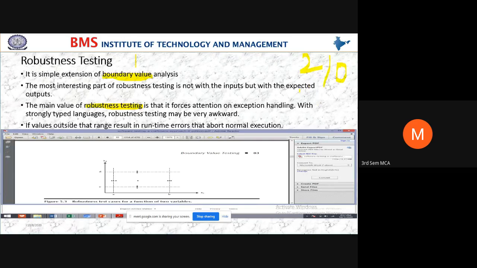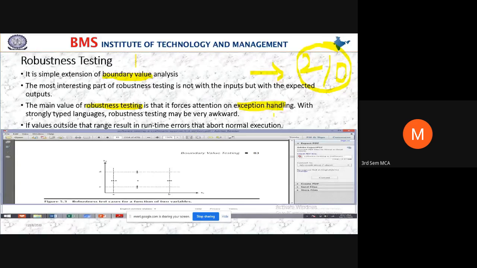So you cannot divide any number by 0. When you write a program like this, your program will terminate abruptly. To tackle this type of exception, we have to give proper exception handling messages. So the aim or intention of this robustness testing is to give proper exception handling messages.